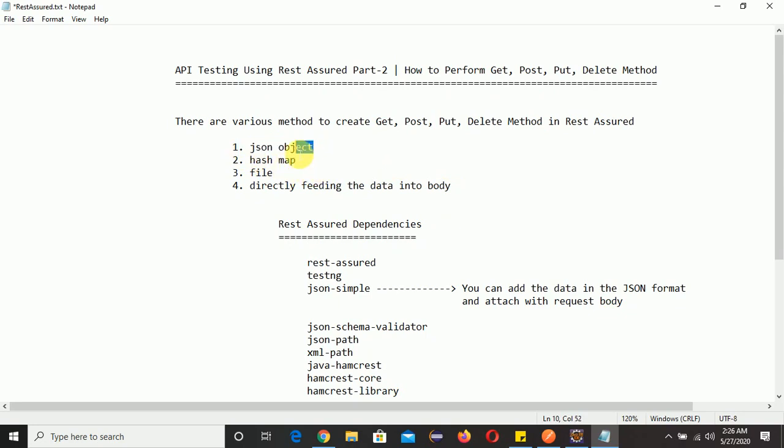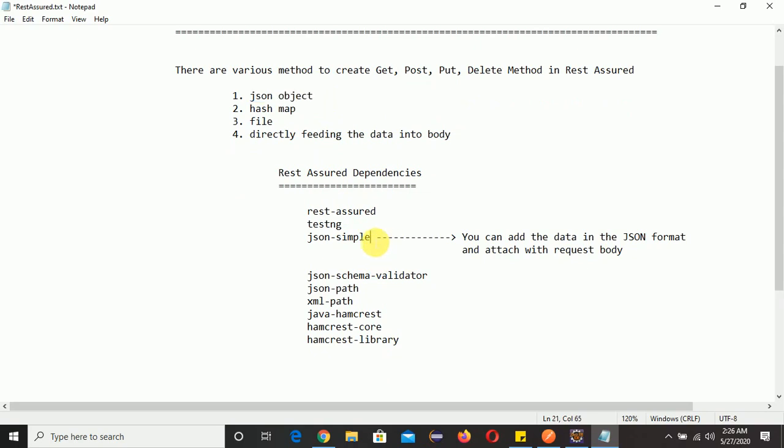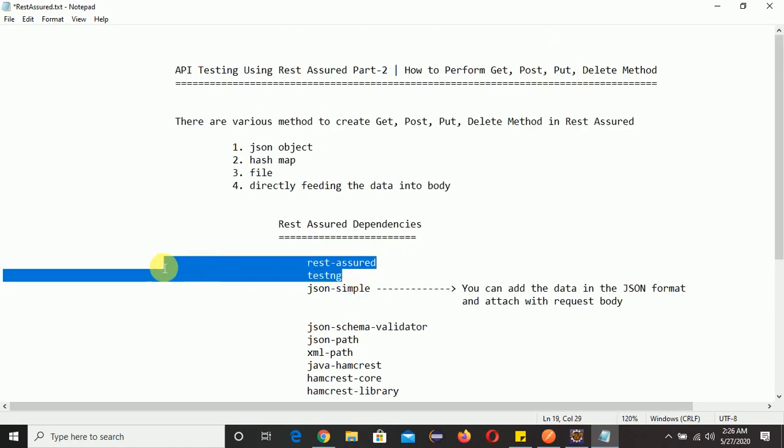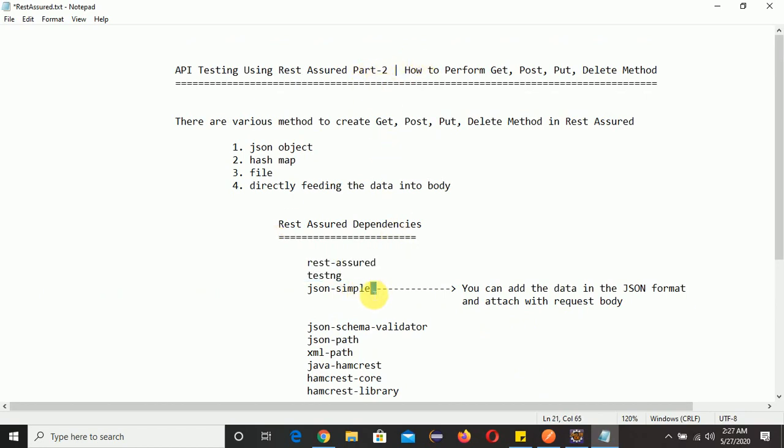In order to use this JSON object, we need to add JSON simple dependencies in our Maven project. As I have already discussed, these are the two dependencies I added in my part 1 session. So we need to add only one dependency in order to use this JSON object.